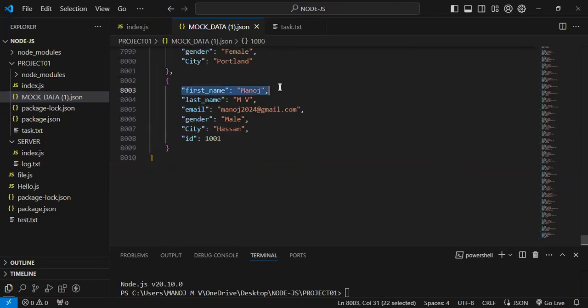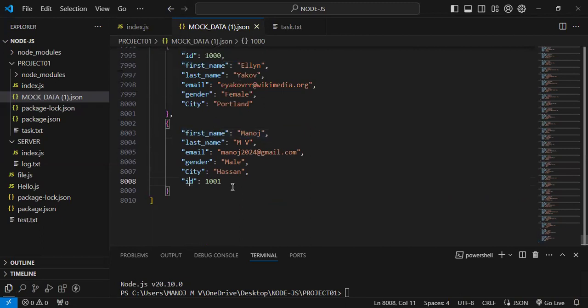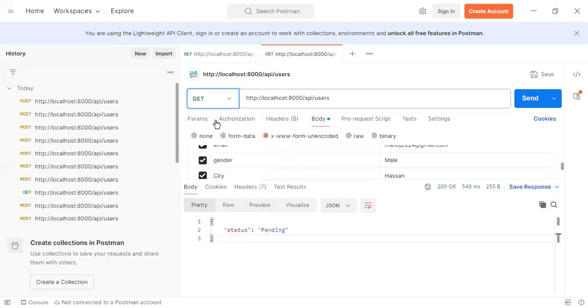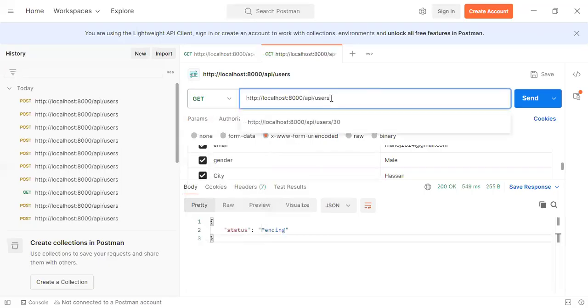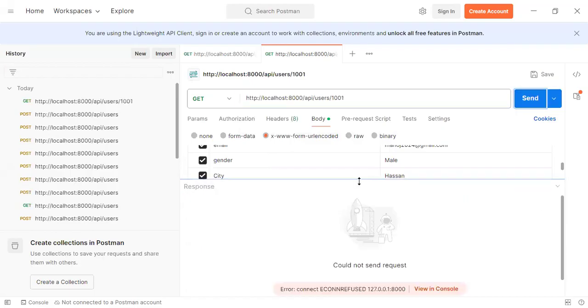Right? Now my particular data has been applied: first name, last name, email, gender, city, and ID. The ID before was 1000, but my ID is 1001. That's it, guys. So let's try to get this data using the GET method. API users /1001. If I send this data,